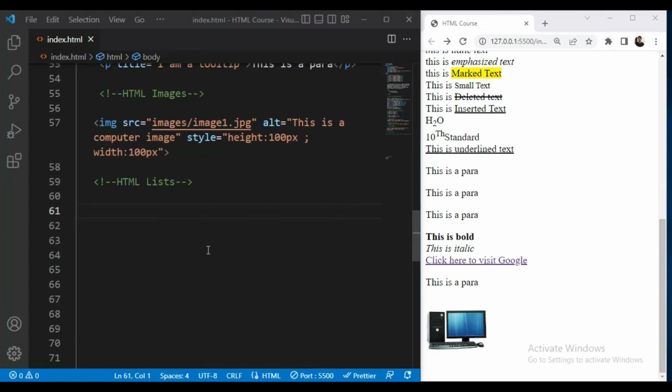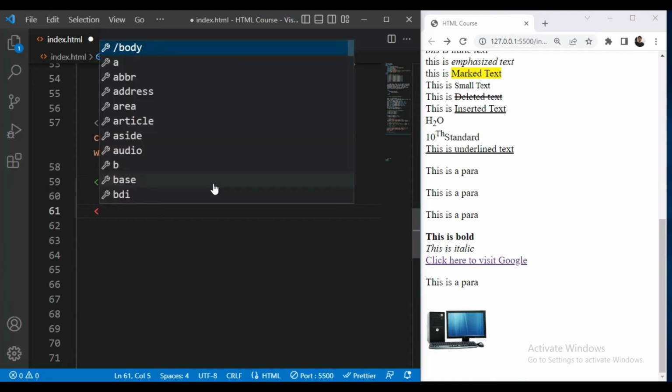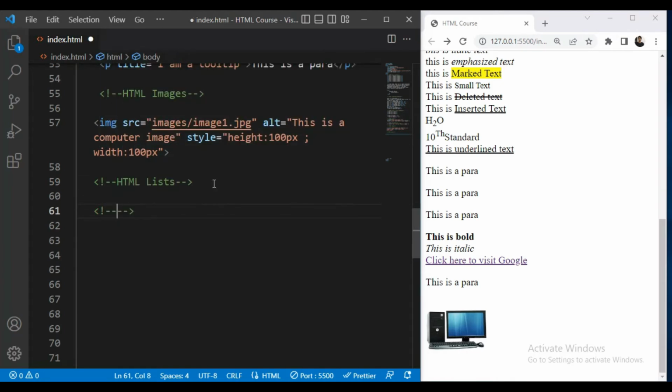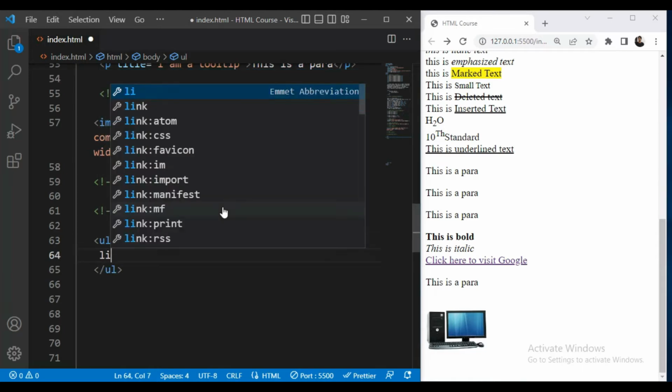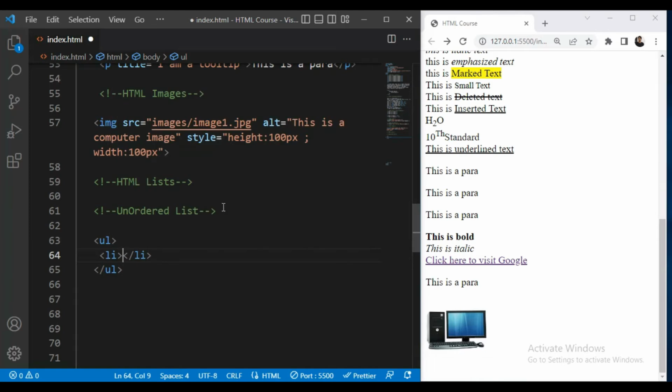Next we will see the HTML lists. So HTML allows us to group a set of related items in a list. First we will see the unordered list. For that we use the UL tag and inside that we use the list item tag, that is LI.